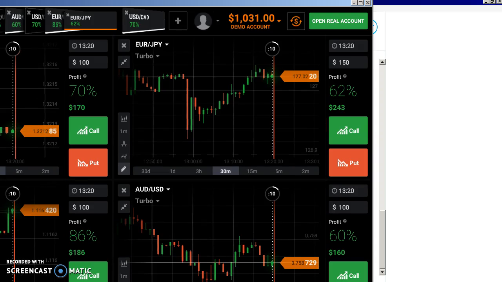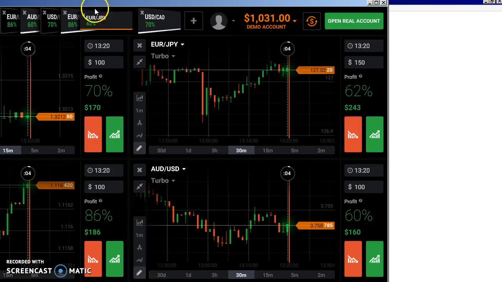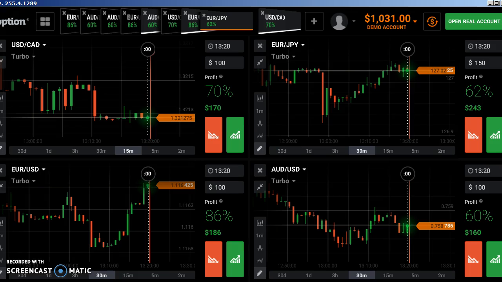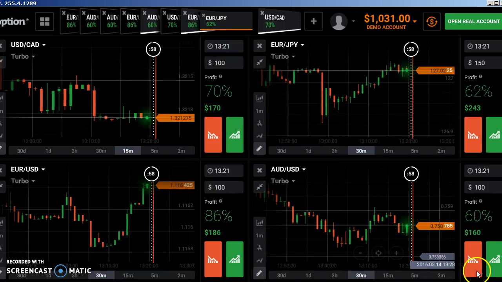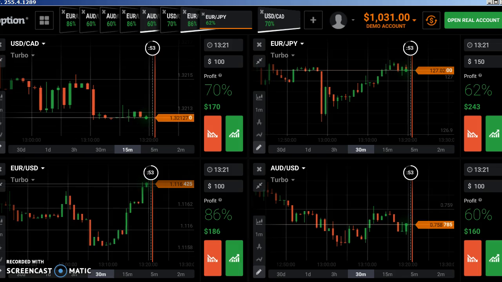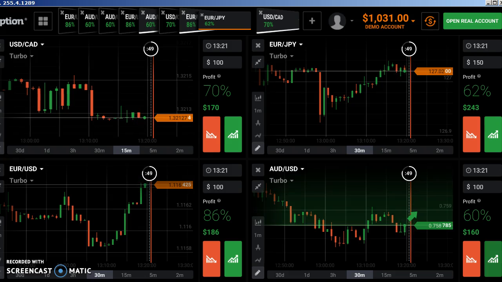I'm in my desktop version of the IQ Option software. I find that this one works better than the web version, just because the trades seem to execute better, a little bit faster, runs a little smoother, and it's just easier to get going on. So, what you want to do is click this button here to be able to